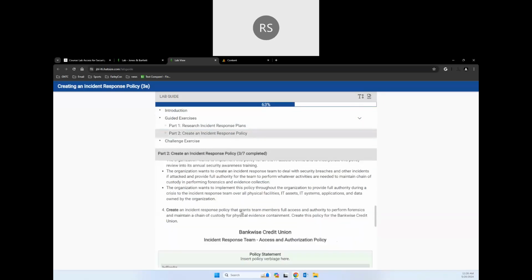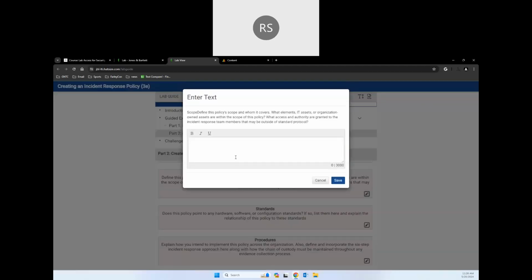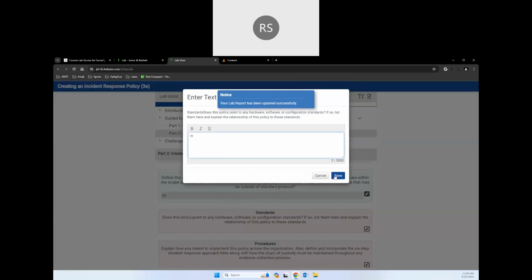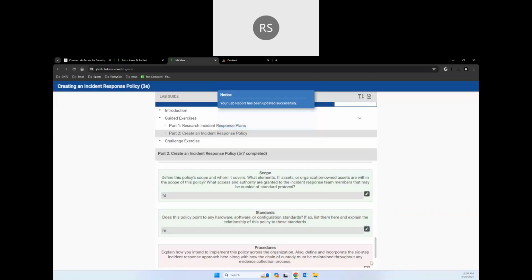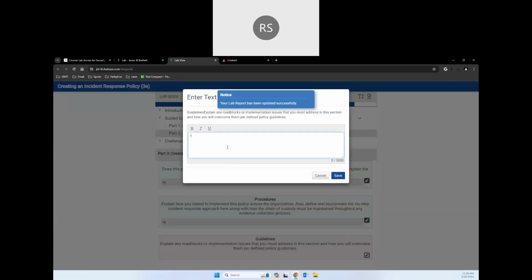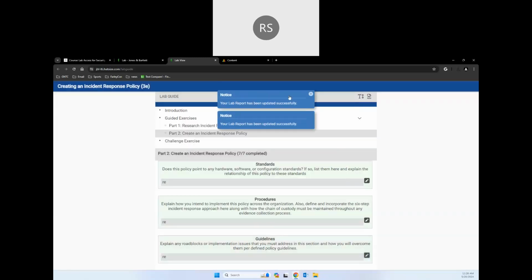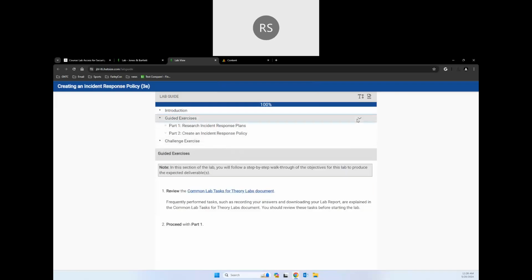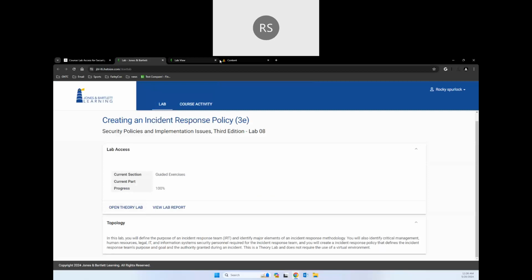So I'm going to go back through here and finish typing these out. Okay, now I'm seeing I'm at 100% through the lab. Once again, that is not your grade. When I close out the lab, you'll see that on my main lab page, I have a